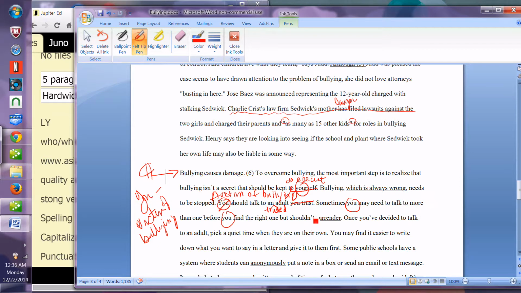Sometimes you may need to talk to more than one before you find the right one, but shouldn't surrender. That sentence doesn't make any sense to me either. Sometimes a victim of bullying may need to talk to more than one adult before